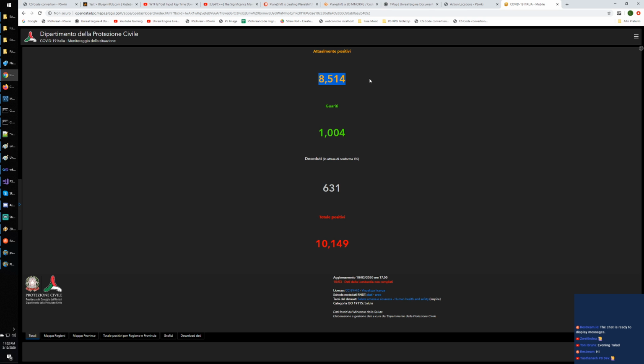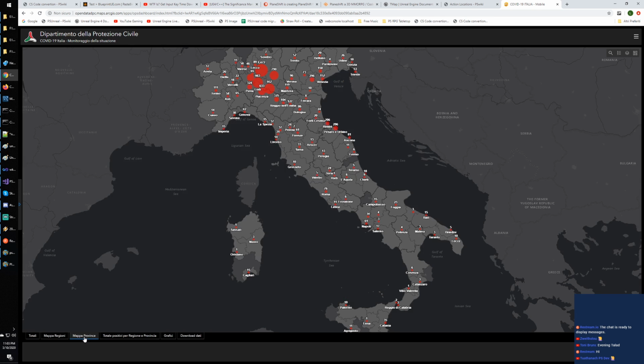So at the moment there are 8,500 known positive infected, 1,000 healed, 631 dead, and total positive 10,000. So, no, sorry, including the ones that have been healed, it is the total, right? And then you can go here and see the map